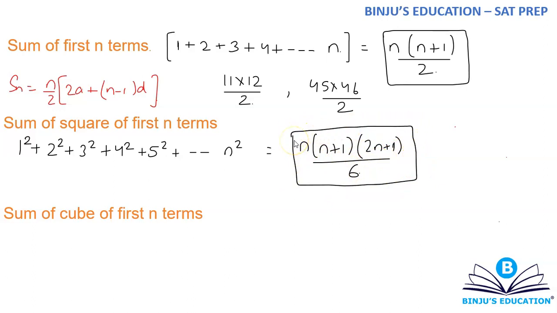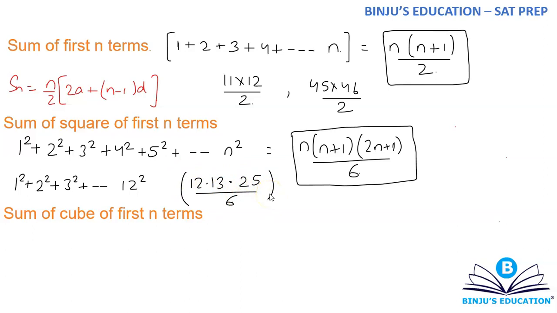Now, how do you come to this formula? We come to this formula with the help of a concept in maths known as mathematical induction. So we use that in order to achieve this formula. Anyways, the proof is not required. Simply remember this. For example, if I have 1 square plus 2 square plus 3 square up to, let's suppose, 12 square, so n here is 12. So replace n by 12. You will get your answer as 12 into 13 into 25 divided by 6. That will be your answer. Okay, simply remember the formula.